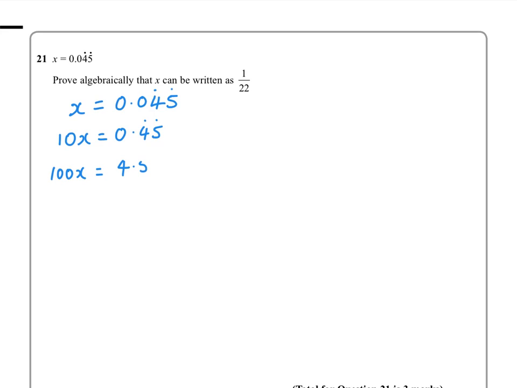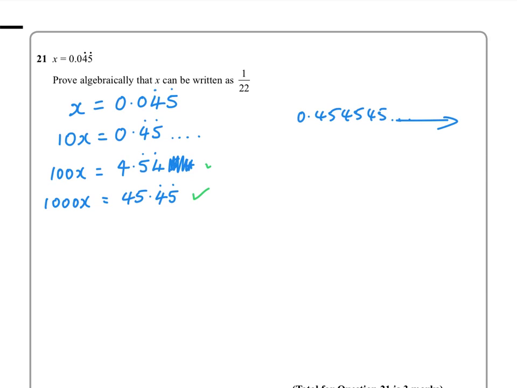and you'd have 4.5. Now think, this would carry on here as 0.454545 and so on. So there'd be a 4 here, and then there'd be another 5, then there'd be a 4. So really the part that recurs after the decimal point would be written like that. And then if you do 1000x, i.e. timesing it by 10 again, you'd get 45.45 recurring. Now the nice thing about that is that if you compare these values, you've got 1000x, 100x, 10x